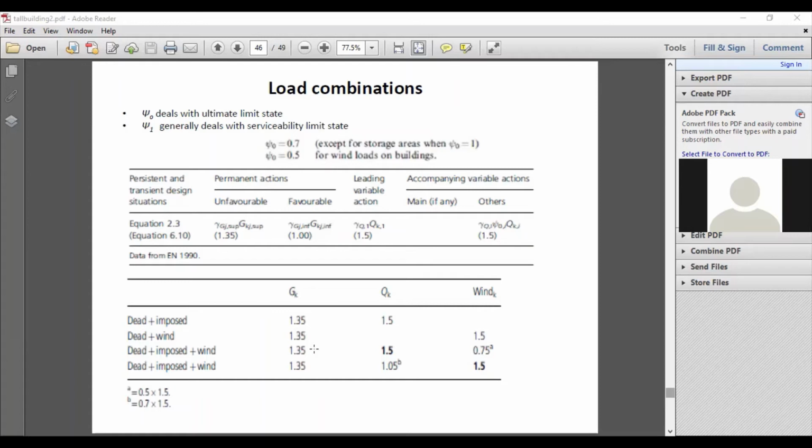But the building is now almost there, no imposed load, and you can have a cyclone on a day like that. To take account of that, you have the dead and wind case, where wind is the